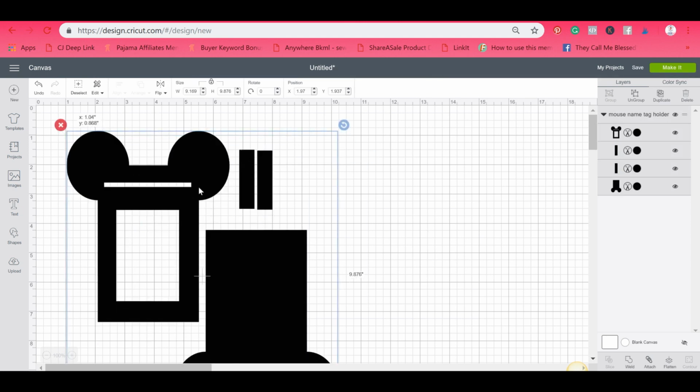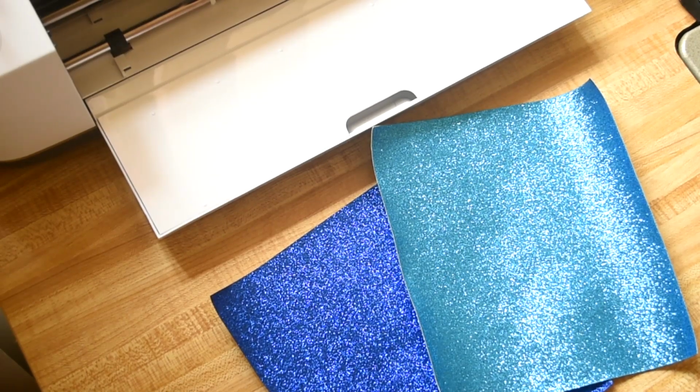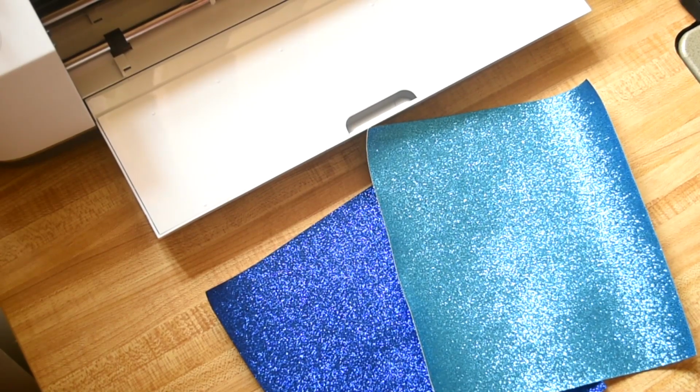So this is what you should have now. Check if the size is what you see over here. So it should be 9 by 9.8. And you can also check the size of one of these pieces, as you can see over here. Since I'll be using these small squares which measure 8.5 inch by 8.5 inch, what I'm gonna do is separate out the two pieces and use one to cut out the front and the other one to cut out the